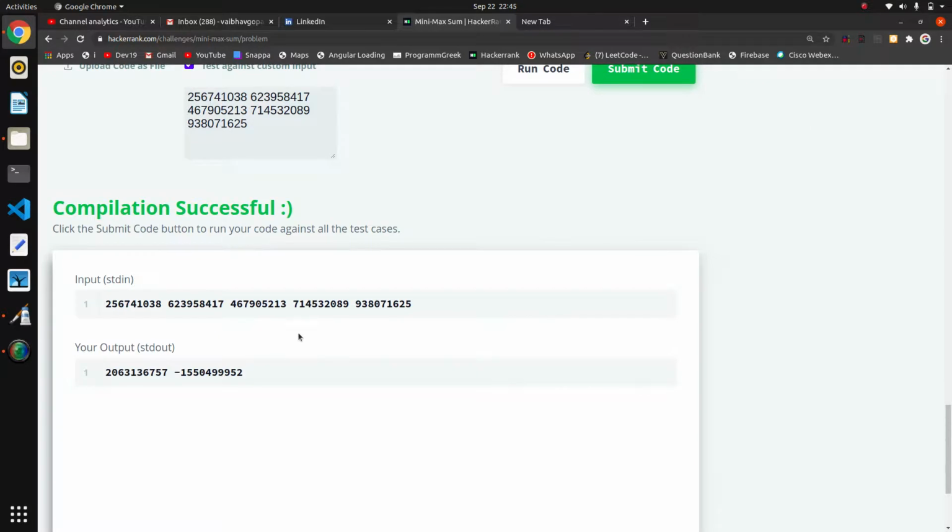It was giving a problem because the range of the integer data type is exceeding. If we find the sum of all these numbers, the range will exceed. That's why it was giving an error.